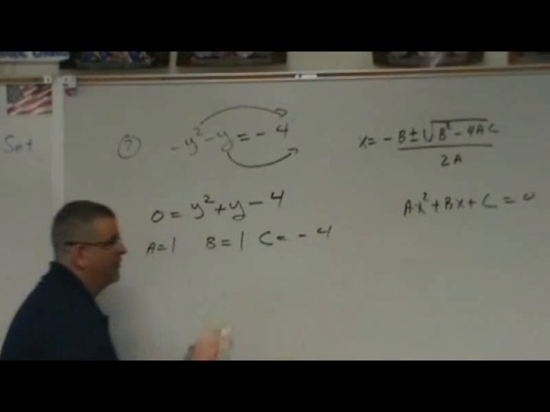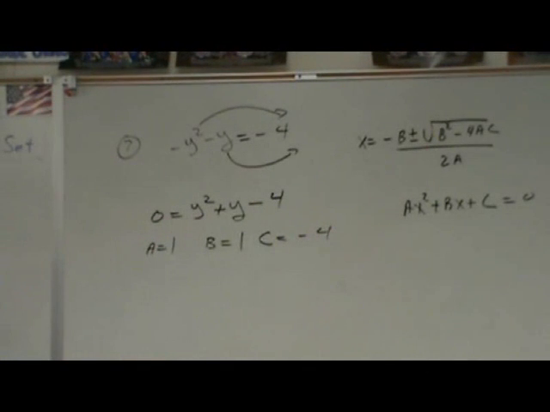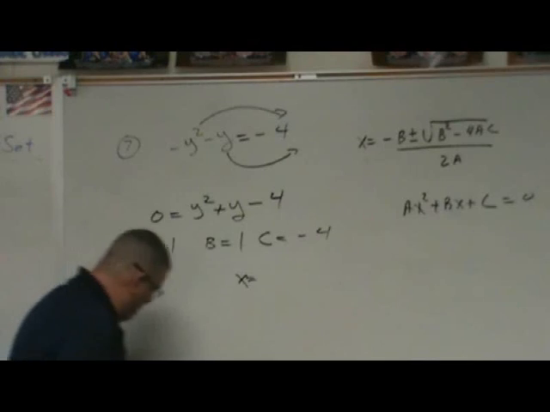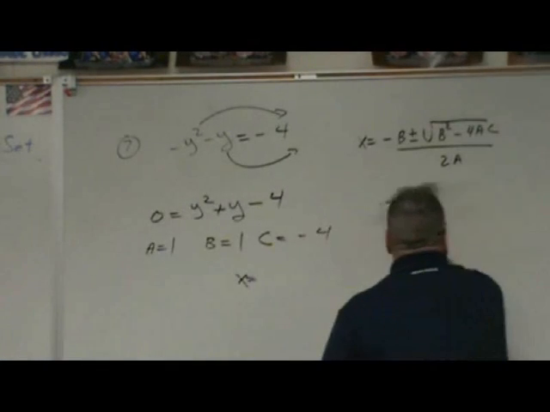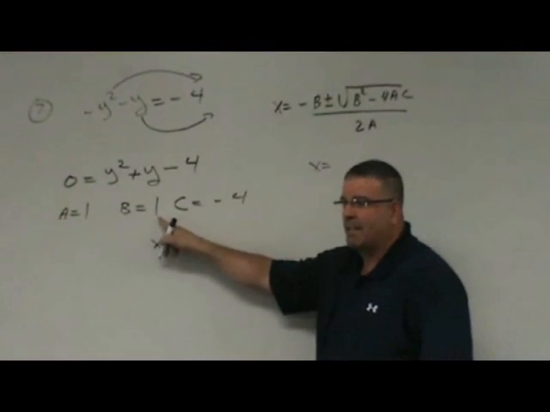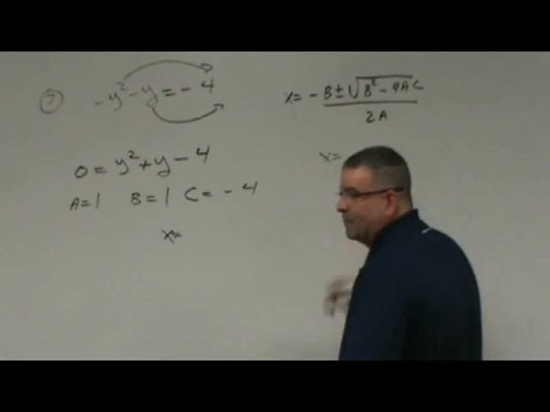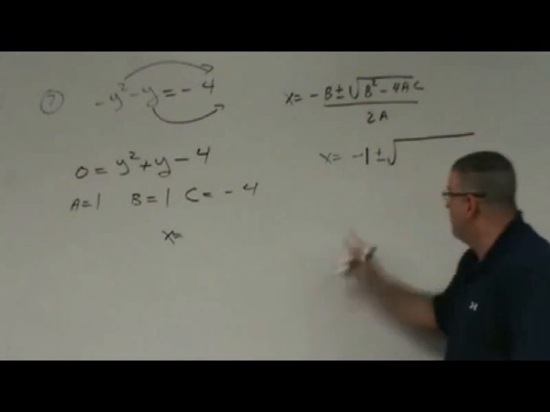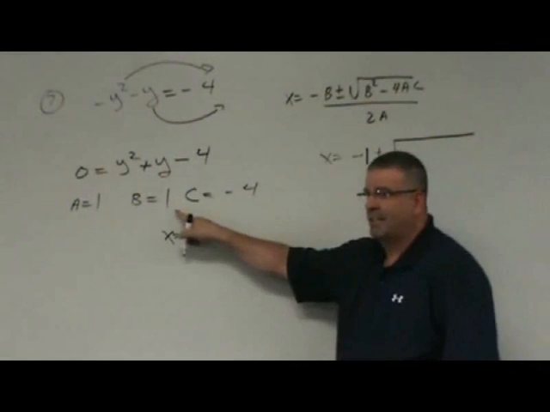Okay, so now we have everything we need. We're going to plug it in the formula. It's negative b. Well, b is positive 1, so it's negative 1, plus or minus the square root of b squared, which is 1 squared,